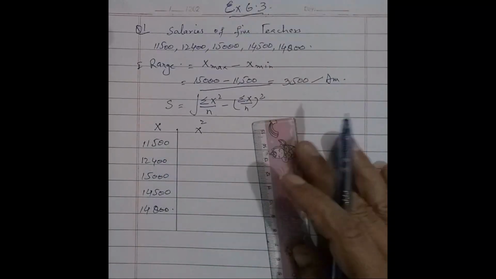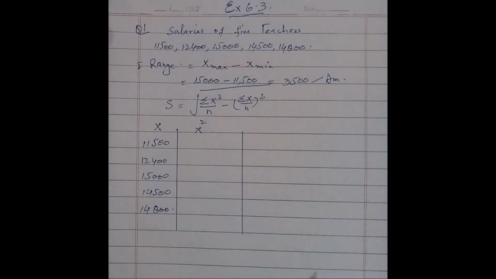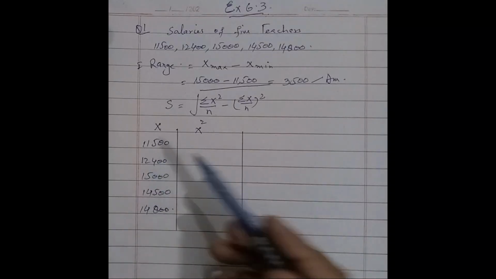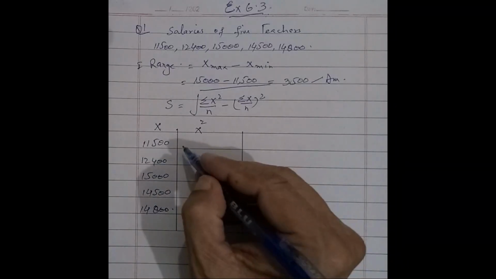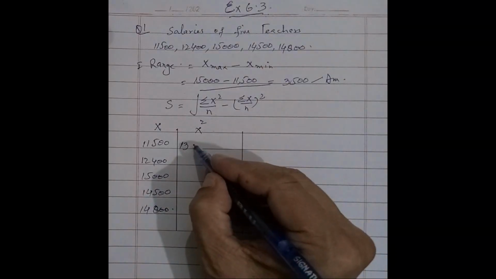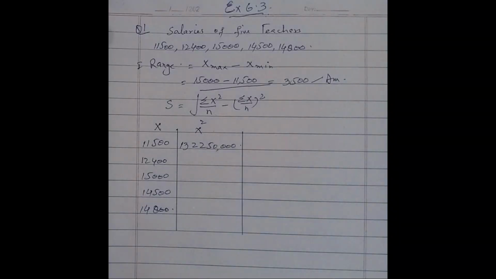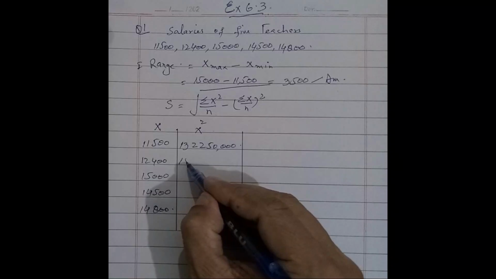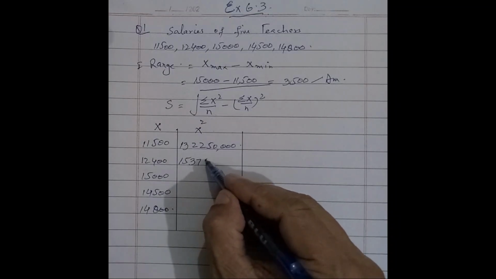We take the square of x, and you can use a calculator or simply multiply. x multiplied by x is equal to x square. So 11,500 multiplied by 11,500, we get 13 crore 22 lakh 50,000, and 12,400, we take its square, which is 15 crore 37 lakh 60,000,